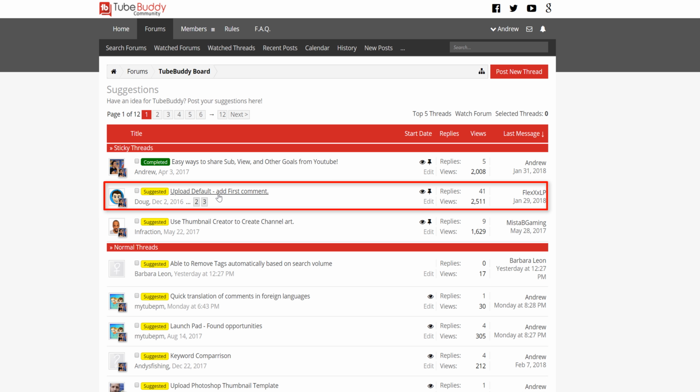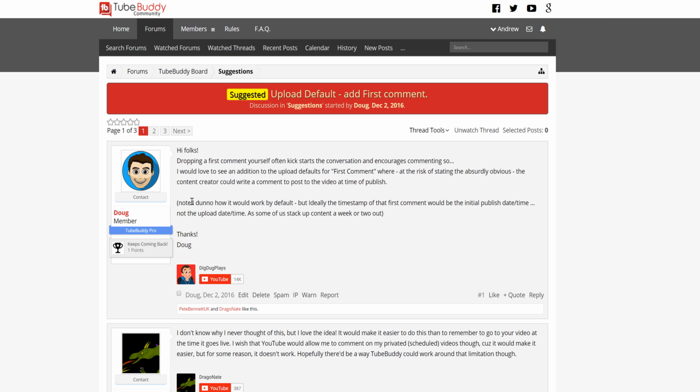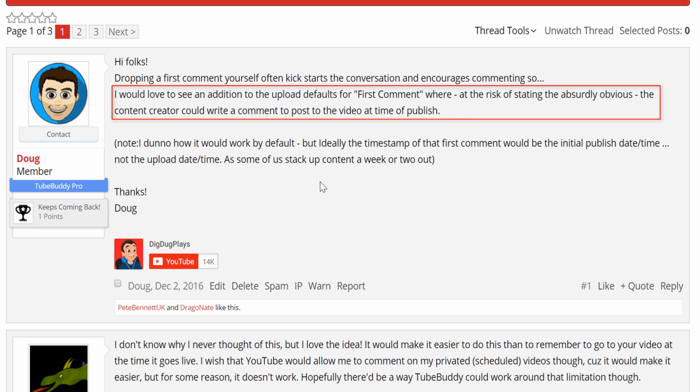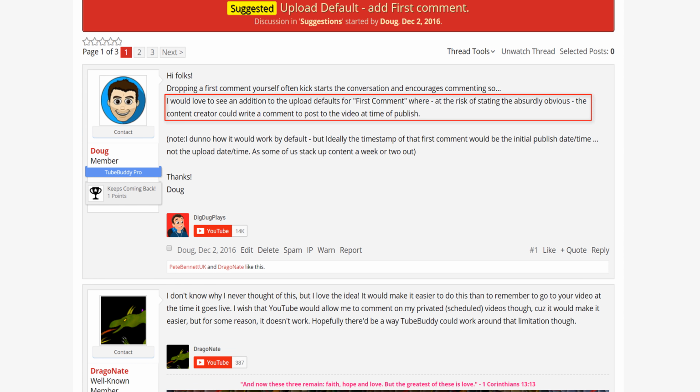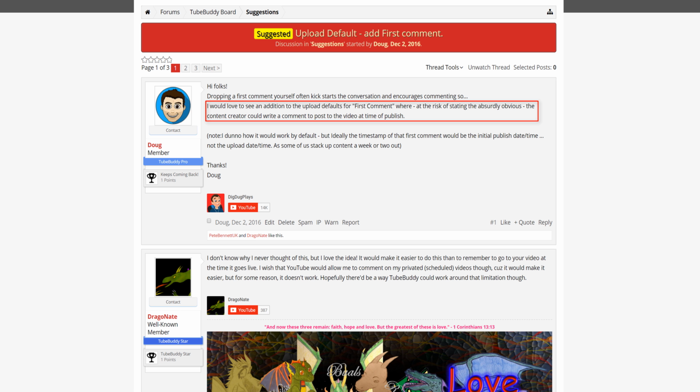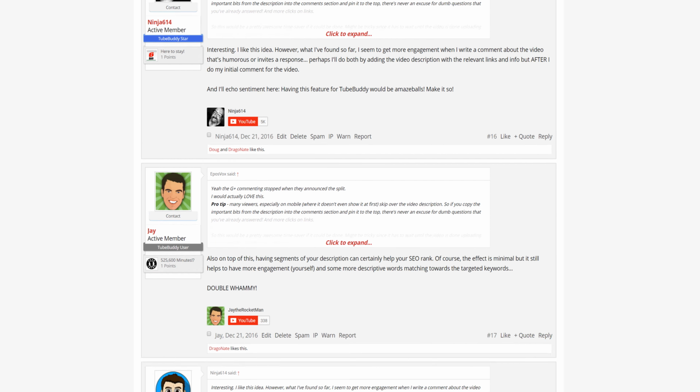As you can see, they have included what they want from the tool in not only the title, but the description of the thread. This lets us know exactly what we can do at TubeBuddy and makes it easier for us on new tools. One thing to keep in mind is that it's one thing to suggest a tool, but for us to consider making it, we need to know that there's community support. This forum thread has just that, and makes it easy for us to move forward in working on making this